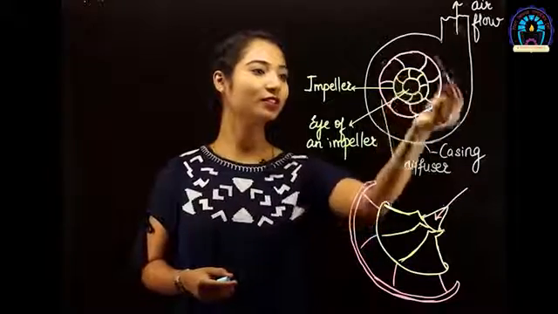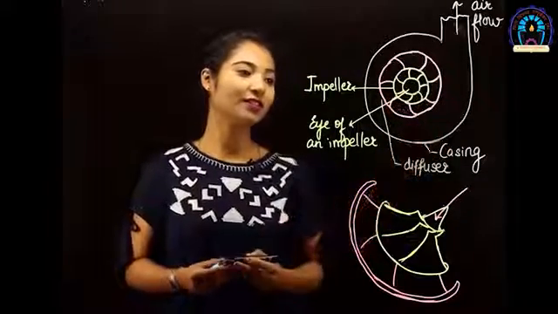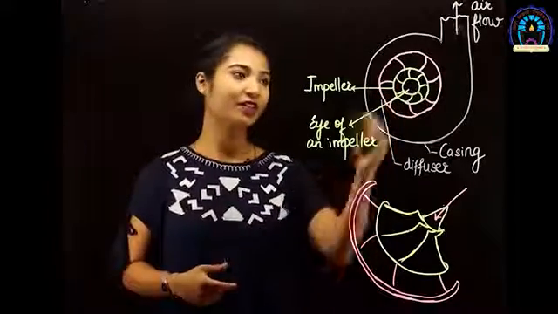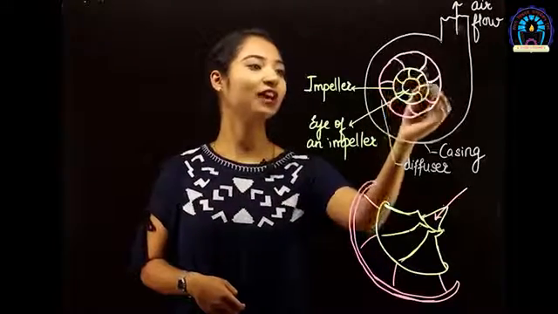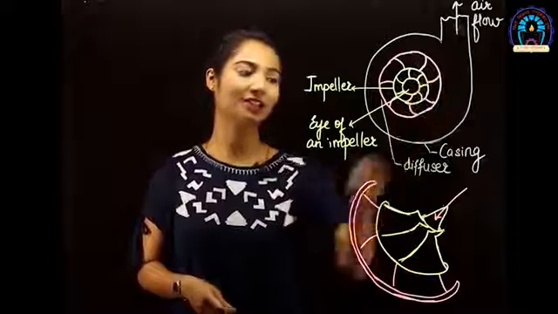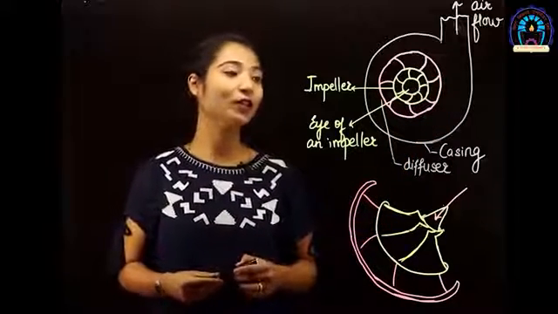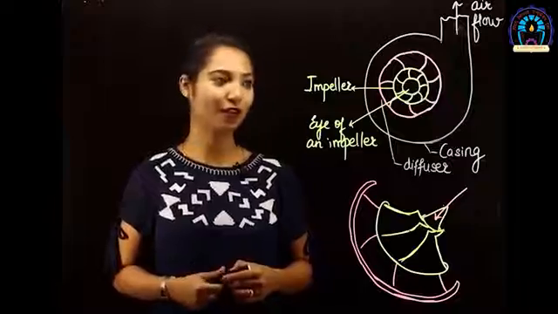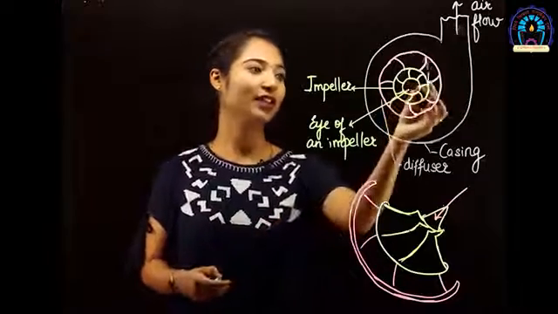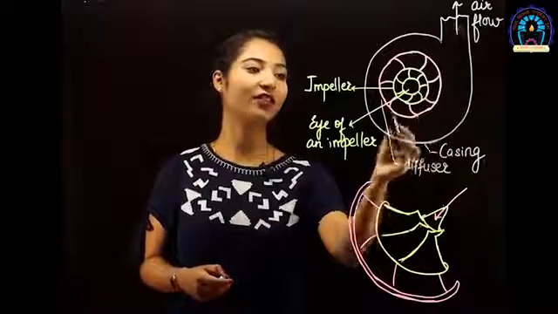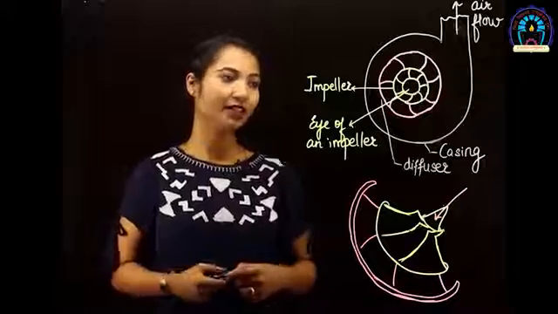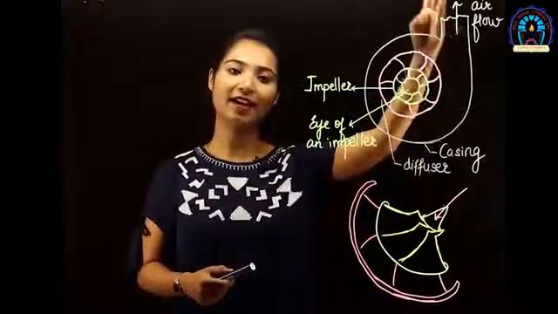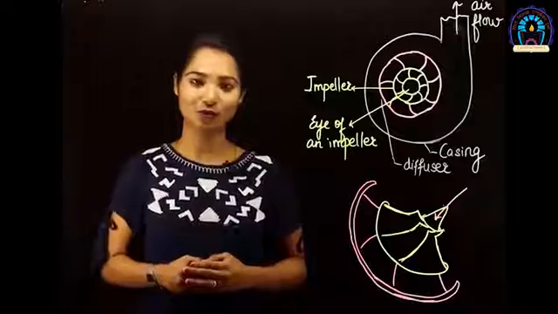The diffuser, which is shown over here, is only to have a change in direction. That means the diffuser will change the direction of the air, that is the working fluid, and it will increase the pressure but decrease the velocity, due to the area which you can see is having a diverging portion. Then the air will go outwards through the casing and it is let to flow outwards.